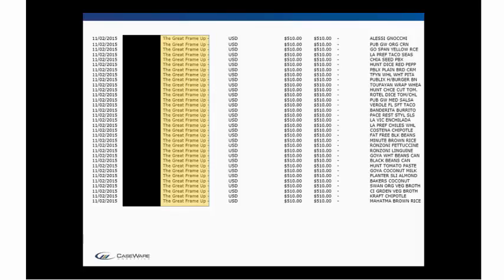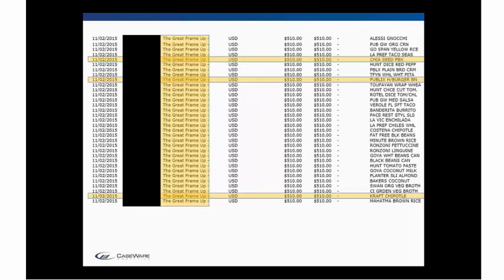So when one of my employees got a hold of this data, she started looking at it and said, well, the Great Frame Up in no way sells chia seeds or Publix hamburger buns or Kraft Chipotle. And for those of you who don't know what Publix is, it's a grocery store chain in the southeastern region of the United States. So now this is data that we've obtained from a third party that's bad data. But as auditors, they tell us data obtained from third parties is more reliable than data obtained within our organization.